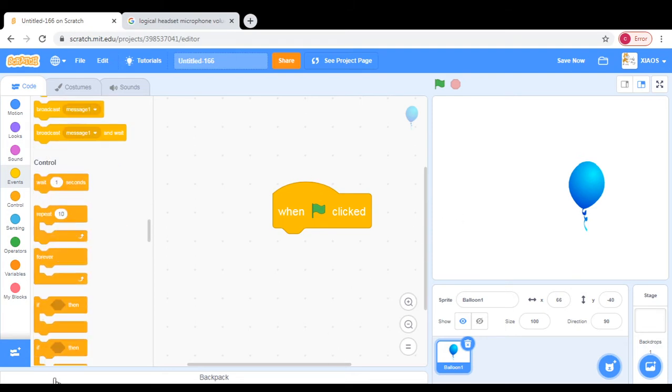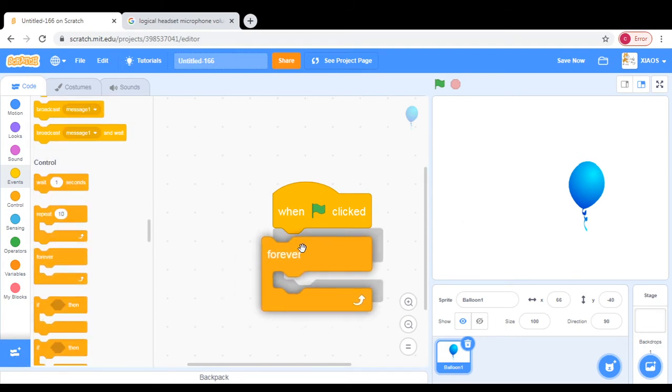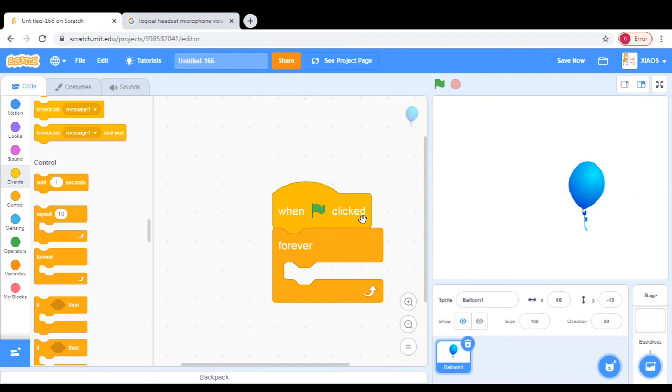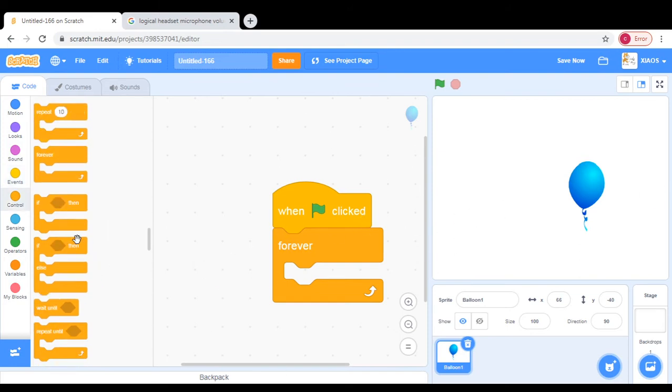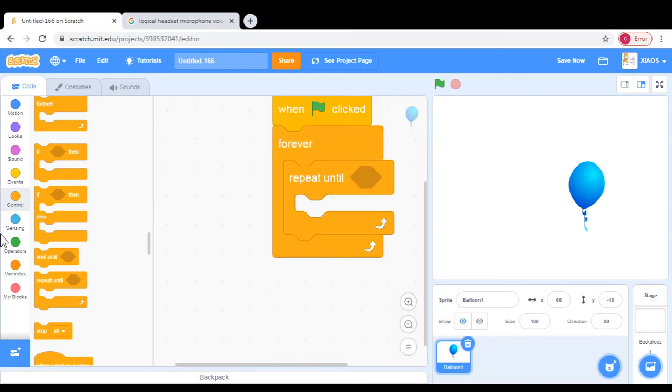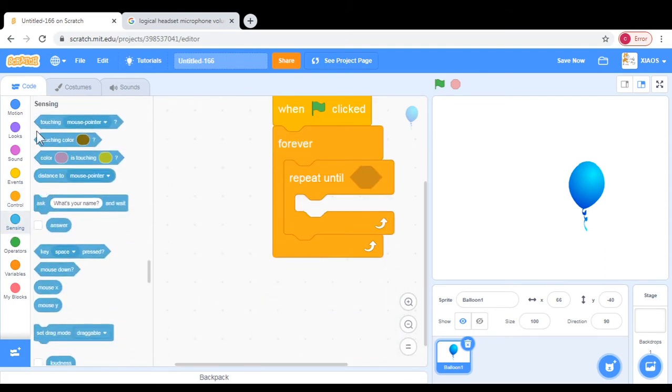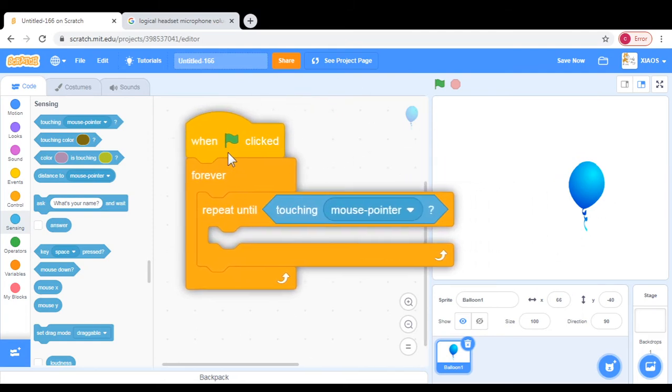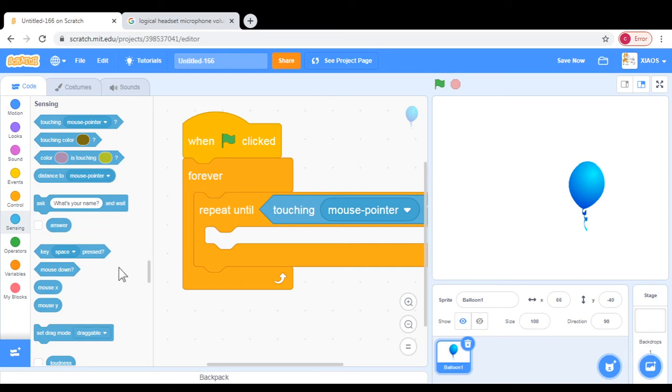So let's just start with forever. Don't make it keep repeating, and then grab a repeat until, and then touching mouse pointer. When it touches the mouse pointer, it explodes or something like that. Touching mouse pointer, and then